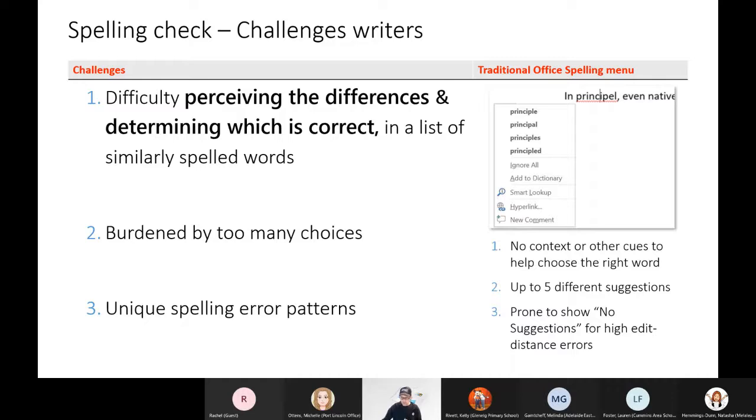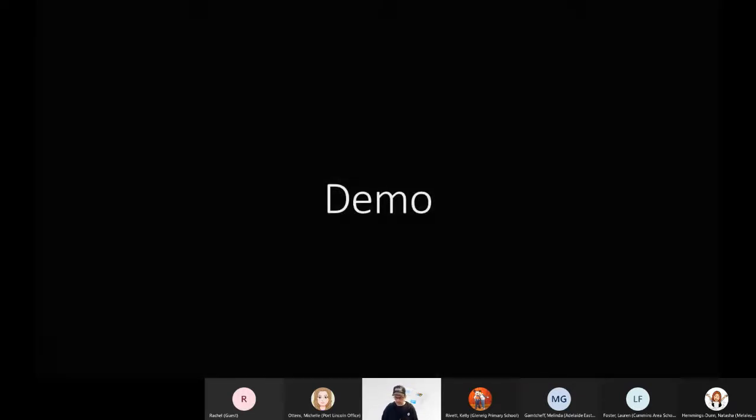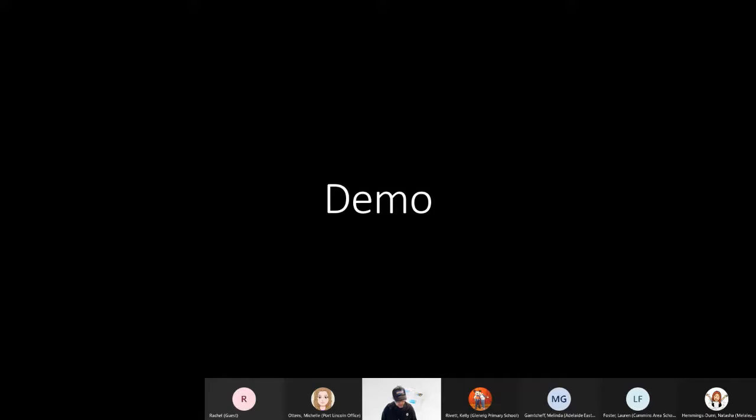So historically, Office spell check optimized to show a smaller number of highly likely suggestions for the most common error patterns. And so therefore, it didn't often have suggestions for unusual error patterns such as these, right? So basically what I'm saying is it doesn't always help, depending on the challenge that you have. So what I'm going to do now is show you the